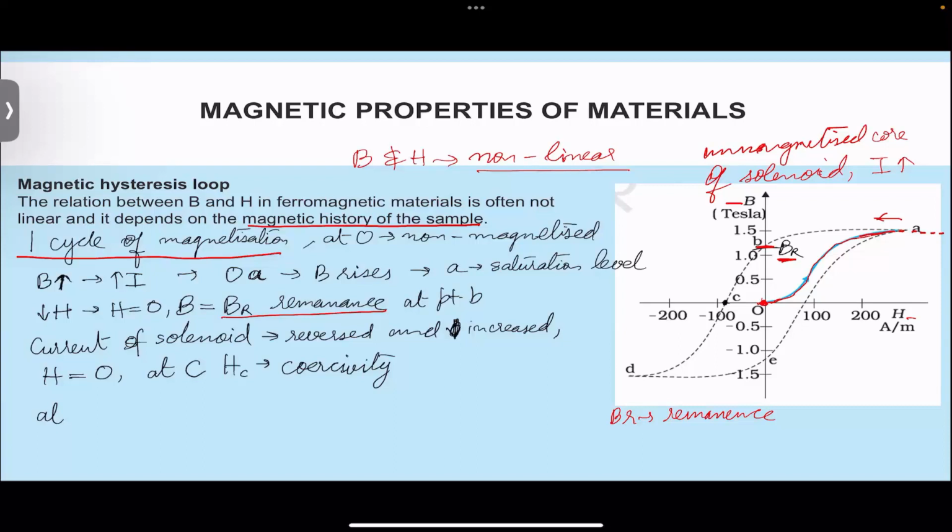So now the domains are still aligned in the external field. They have not assumed the random form that they usually have in the unmagnetized state. They still remain in the orientation of the external magnetic field. But now you saw that we have removed